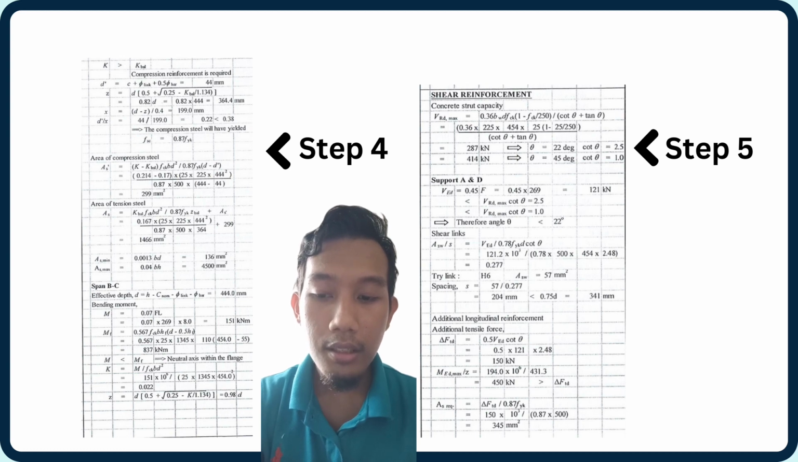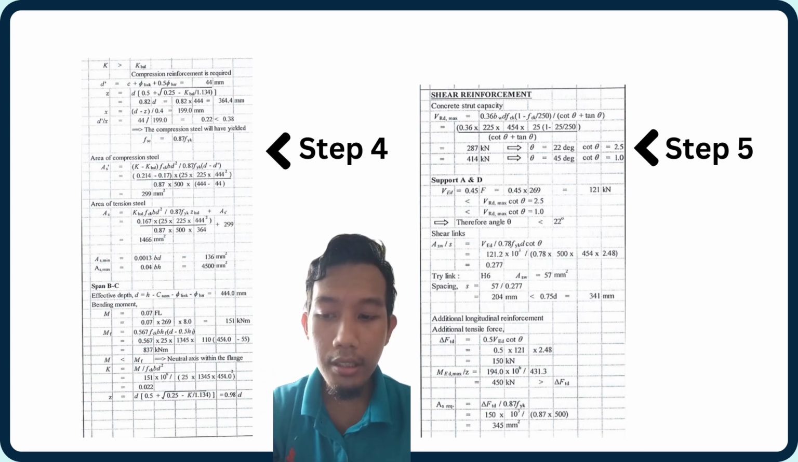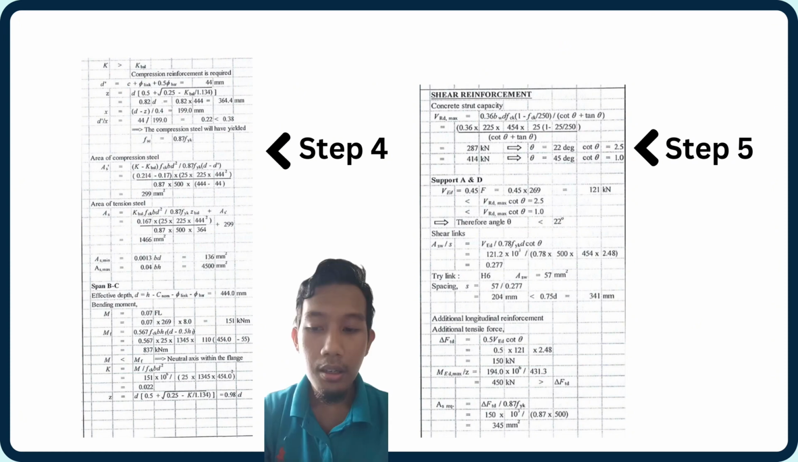D1 over x is 0.22, which is smaller than 0.38. The compression steel will have yielded, fsc equals 0.87 fyk. Area of compression steel As1 is 299 mm square. Area of tension steel As is 1466 mm square. For As min is 136 mm square. For As max is 4500 mm square. Span BC. Effective depth